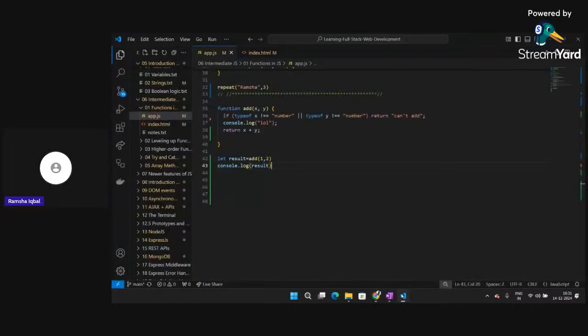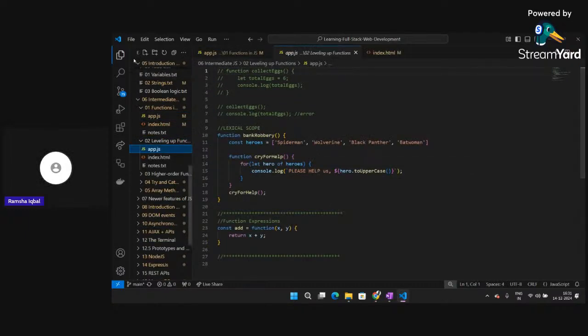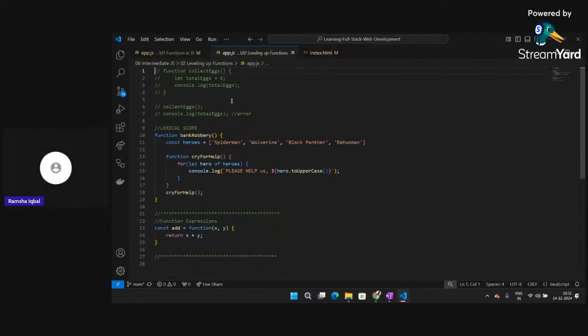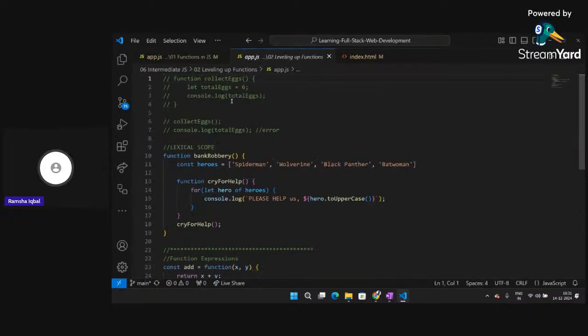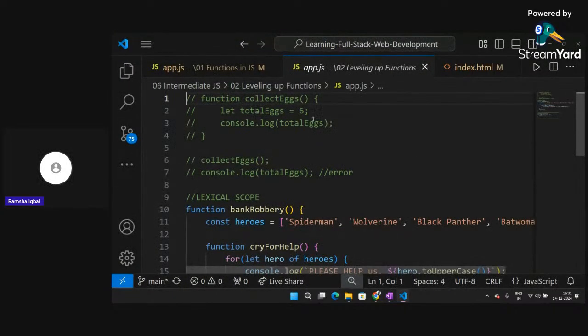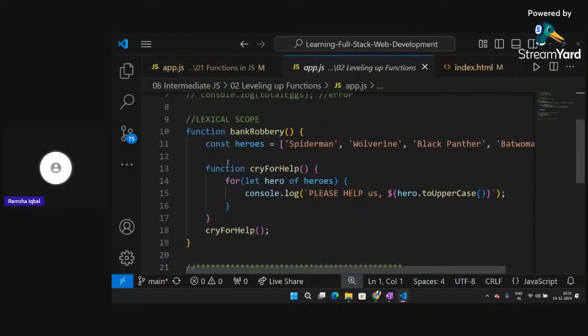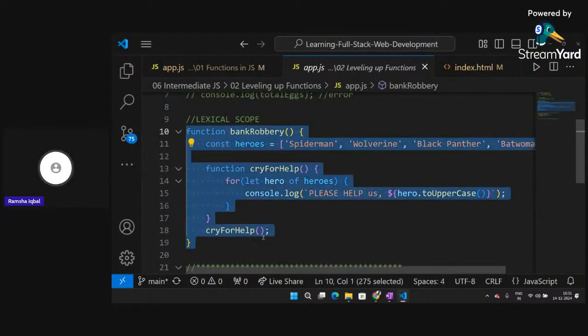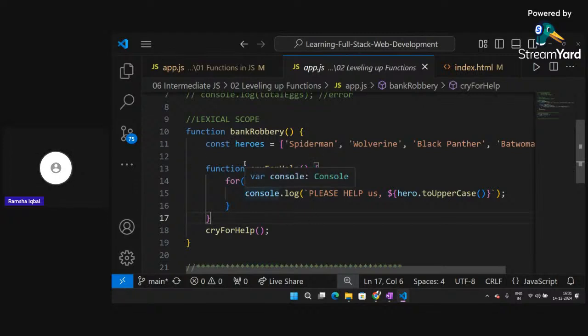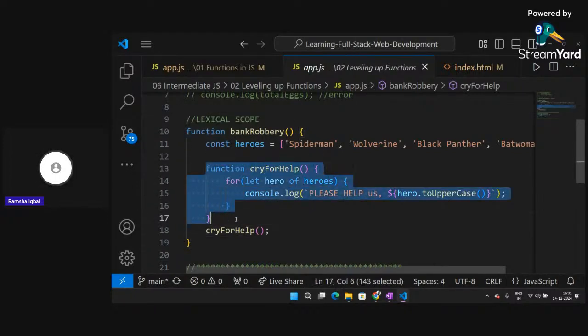Okay, now let's continue further. Now there will be some leveling up of the functions. So what we can do is we can create functions inside the functions also. They are called nested functions. So how can we create this? For example, it has a lexical scope, meaning we can create a function and we can also create a child